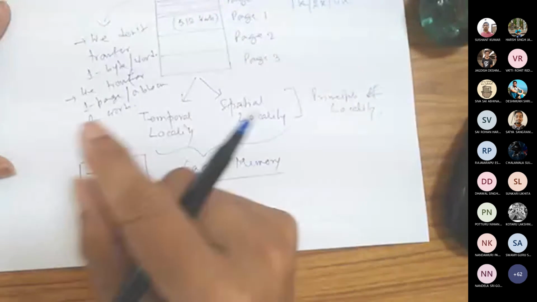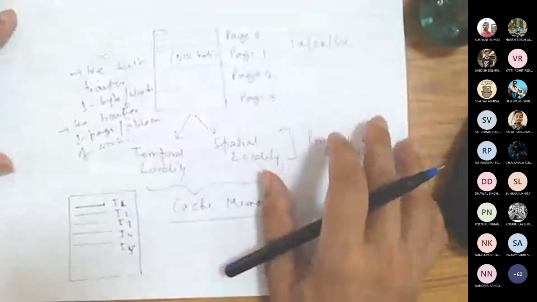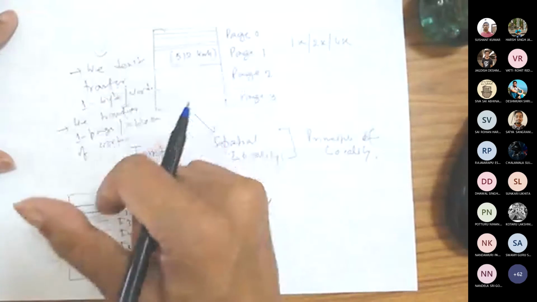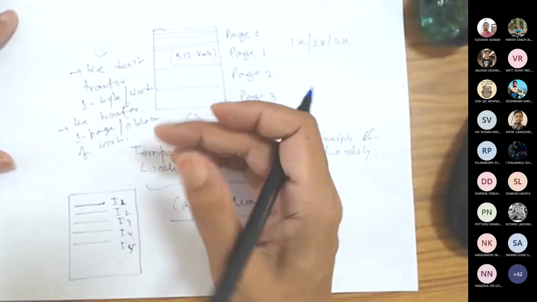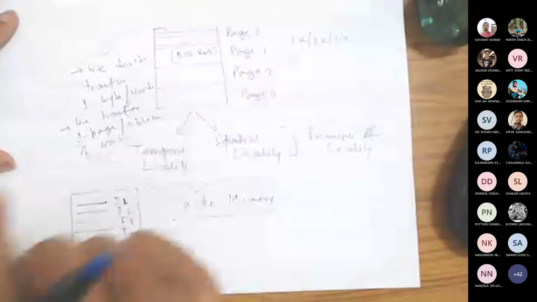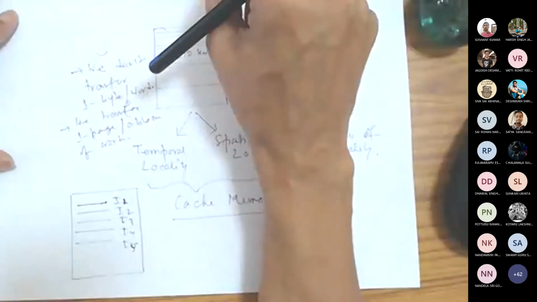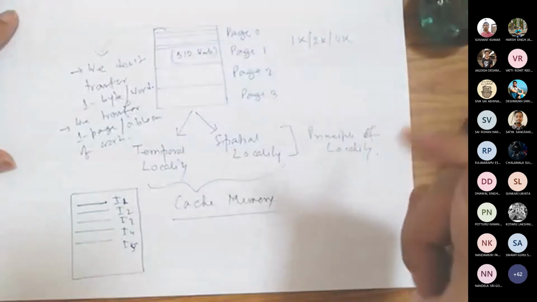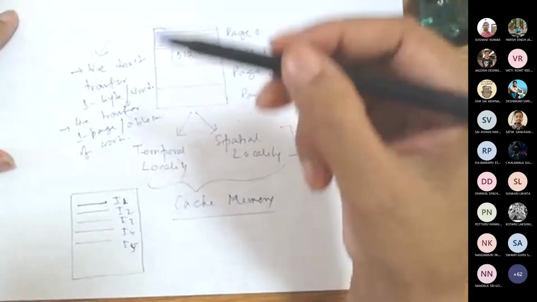So that is the reason why we read more than one word at a time. Because the read activation itself takes time. The row decoding takes time. So instead of applying row decoding continuously, why don't we latch the row address first and then change the column address sequentially so that we get the next consecutive word.